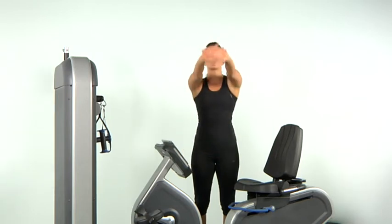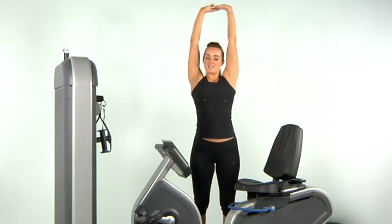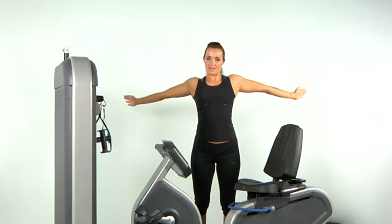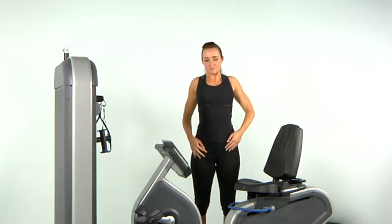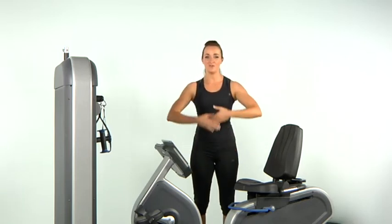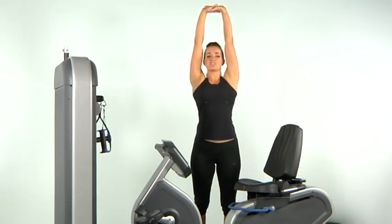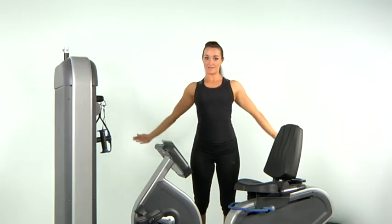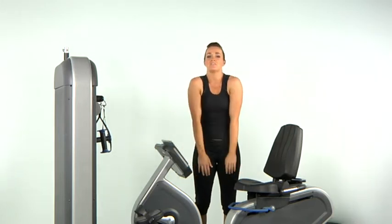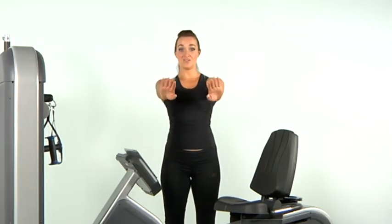Push the palms straight up overhead. Lift and grow taller, and then open out nice and wide. Give them a big stretch, and then a roll, just to release. One more. So big push, lift up, growing taller, stretch up, and then open out nice and wide, and then at the bottom, give your shoulders a great big roll. Good. From here, take your hands out,